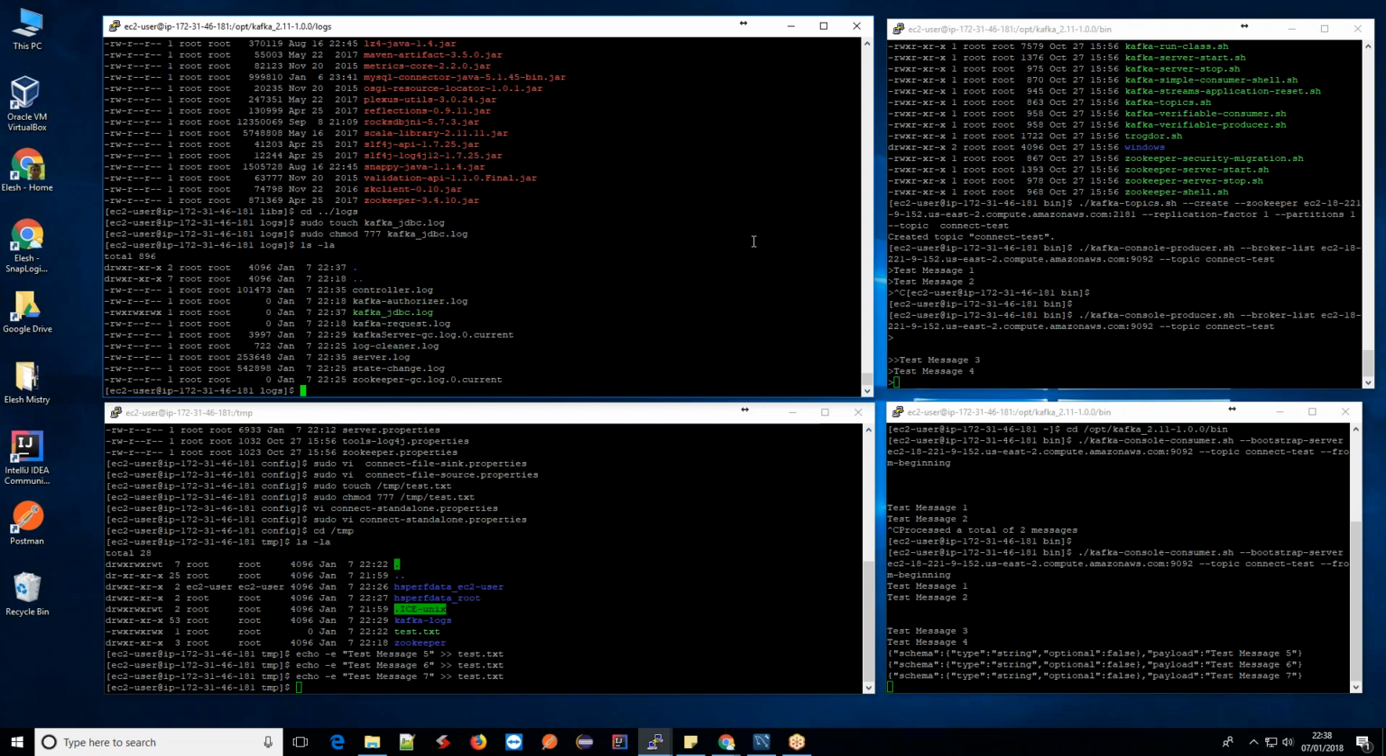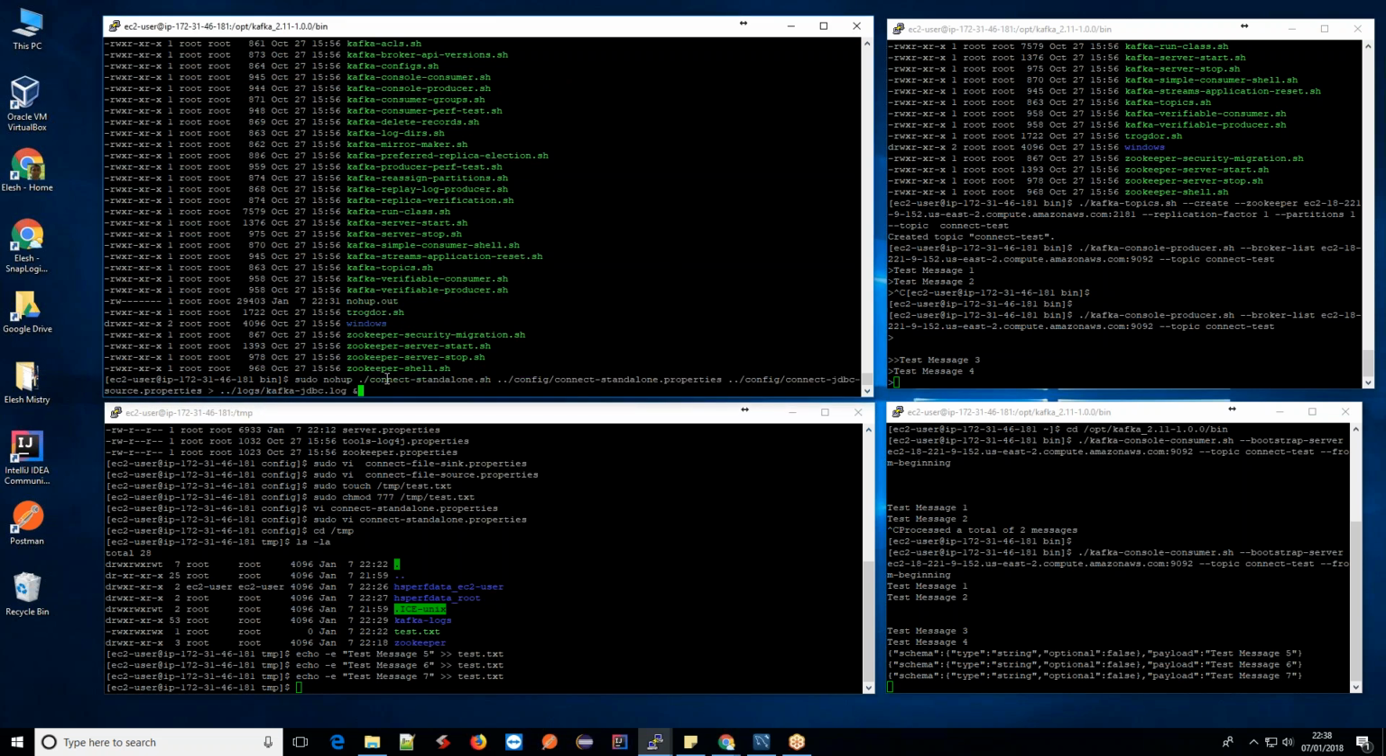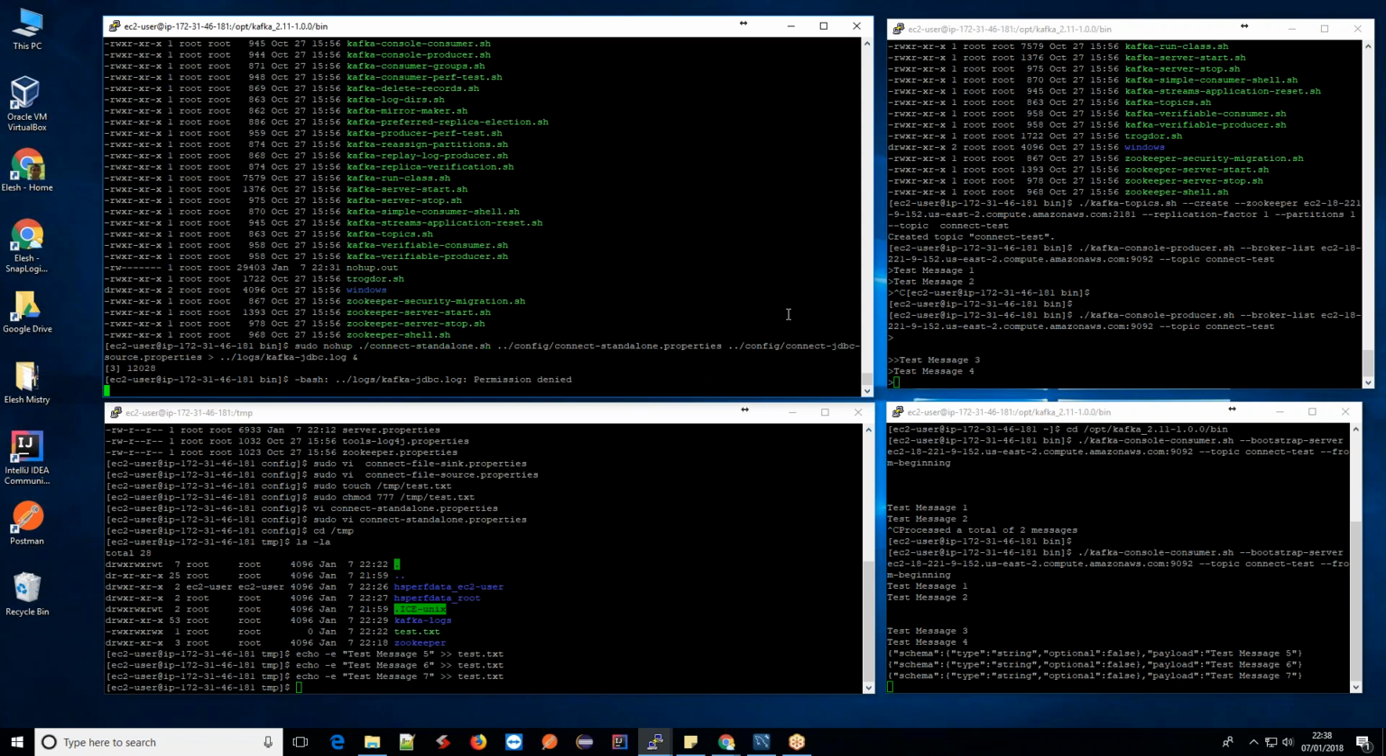Okay, so now what we've got to do is actually start up the standalone process. Like how we started up the standalone process for a file, now we need to start up the standalone process for the database. So now if we go to the bin directory and let's give this a go. Here you'll see that you're doing the standalone again with the standalone properties, but this time you're doing it with the JDBC properties file rather than the file source properties file. So if you give that a go,